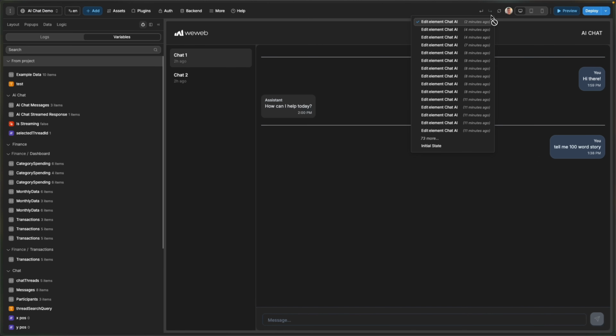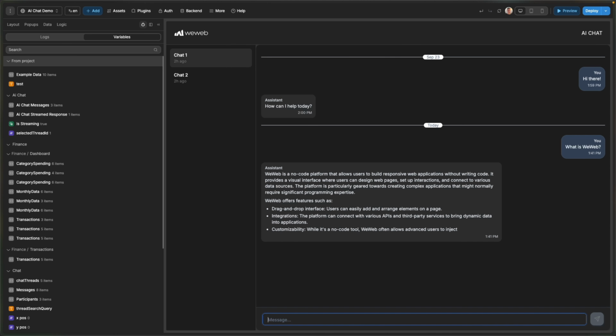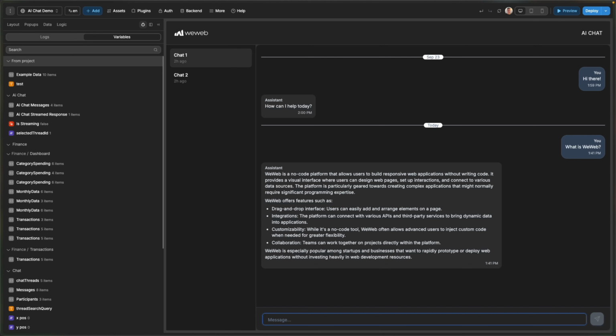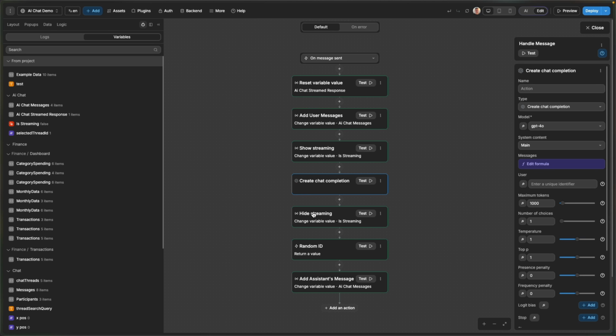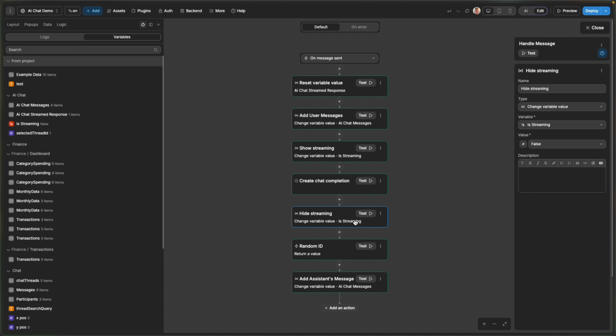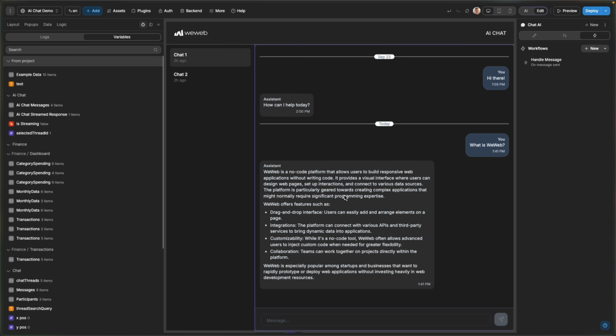populate. And so if I run this in its entirety now, so I'll refresh the page to reset all of the data. And if I now ask it a question, you can see we got that response. It was first streamed in, and then the message was permanently populated. So we added the user message, we set show streaming response to true, we then streamed the response here, and then once the message had been received in its entirety, we set is streaming off, and because we then immediately save the response to our chat messages variable, which is what populates our chat element, we have the message permanently